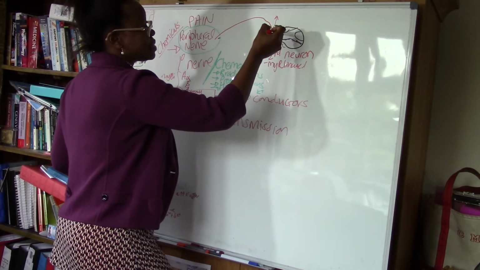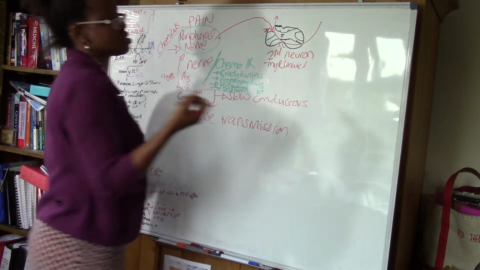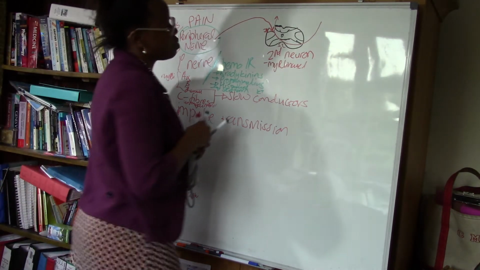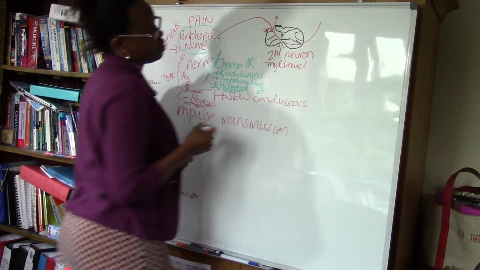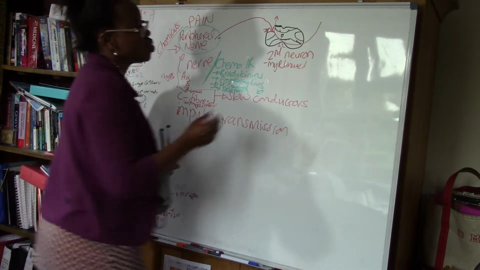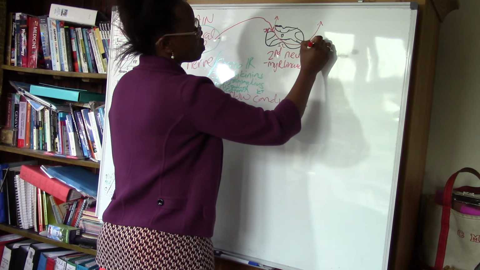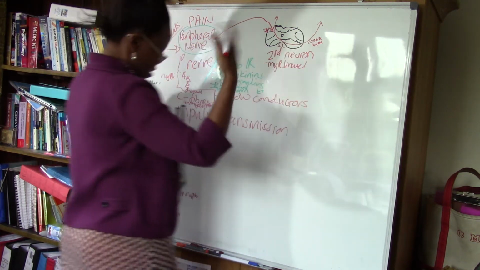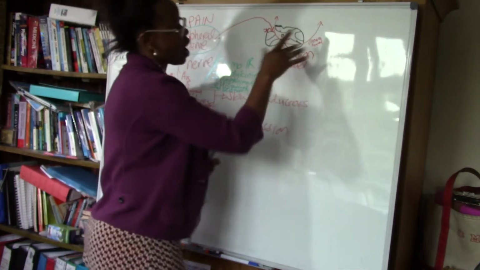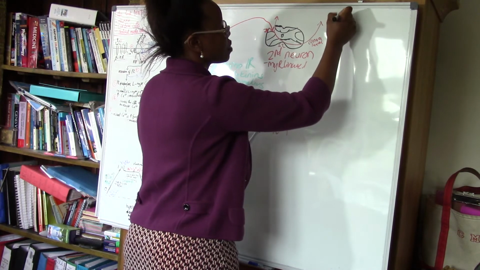The minute it gets activated, it crosses over into the contralateral side, which is exactly what I said previously, and which is exactly what I drew previously, albeit that I said ipsilateral side, which is obviously wrong. So it crosses over into the contralateral side, and travels in the spinothalamic tracts to reach the thalamus,